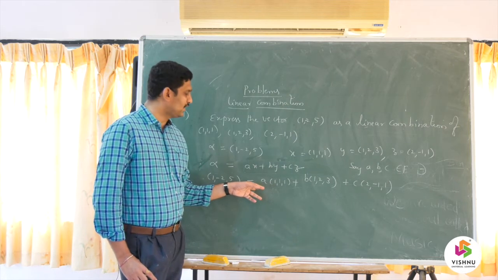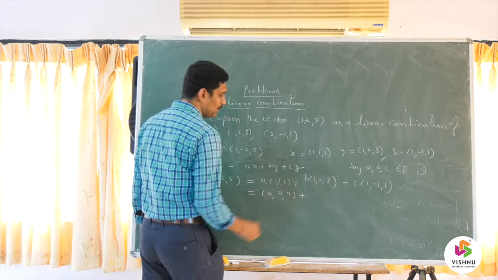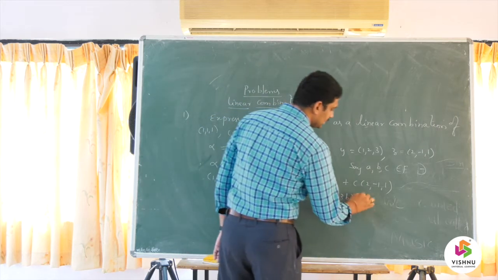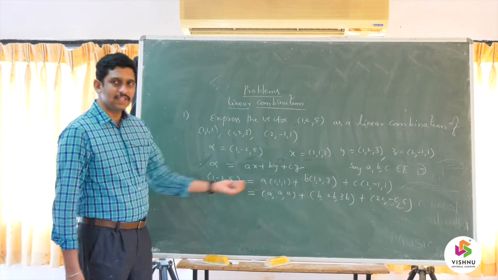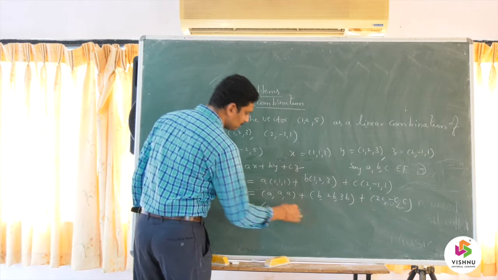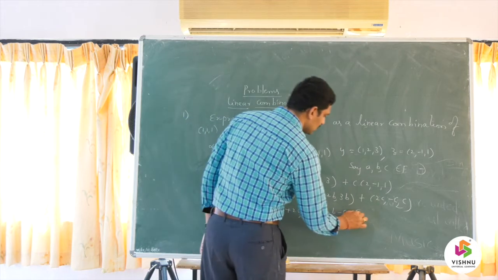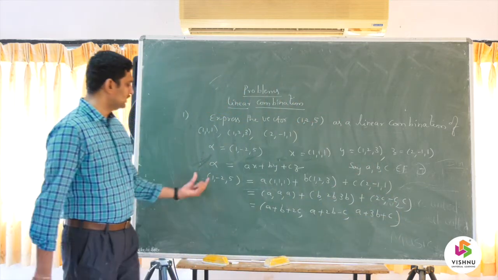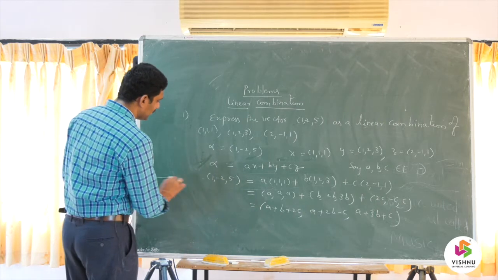So now multiply these values here. So this is A, A, A, plus B, 2B, 3B, and this is 2C, minus C, C. Now adding all these vectors together, this will be A plus B plus 2C, and this is A plus 2B minus C, and it is A plus 3B plus C. So this is a vector and this is a vector. Equating the LHS and RHS, what you will get?